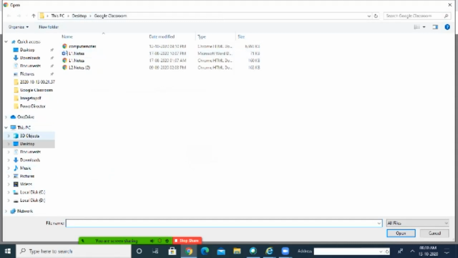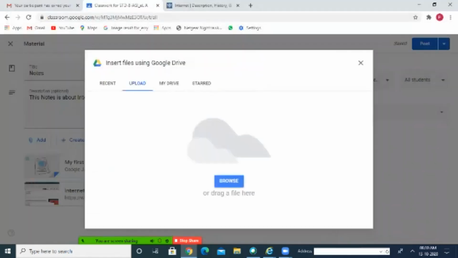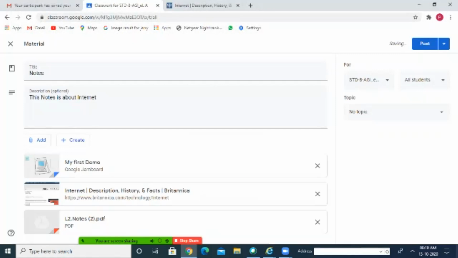Any file we can choose. Okay. For example, this one I am choosing and I am uploading it. Done. So three ways I have already added the material to the class.